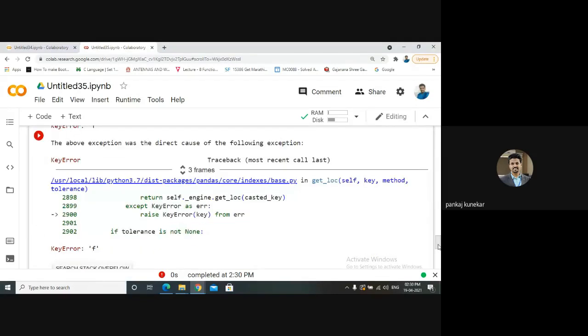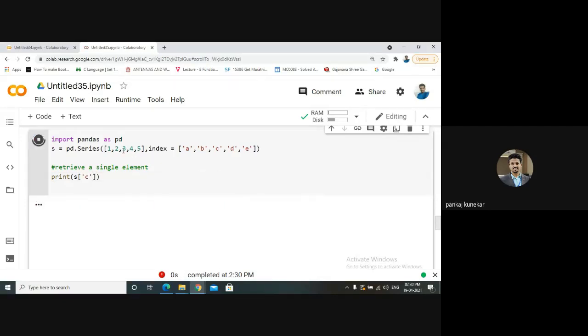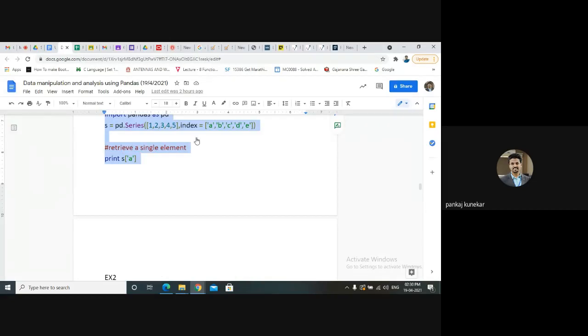Yeah, it will give the error because f is not there. Okay, f is not there. So this is the way we can retrieve a value by using its label or index. Ready? Okay. More examples.